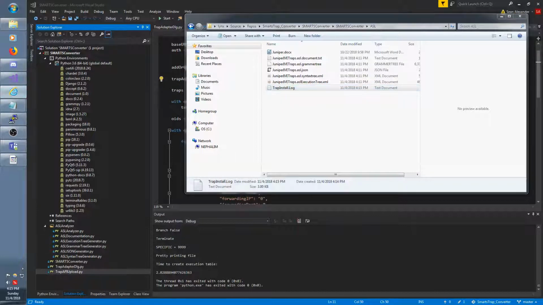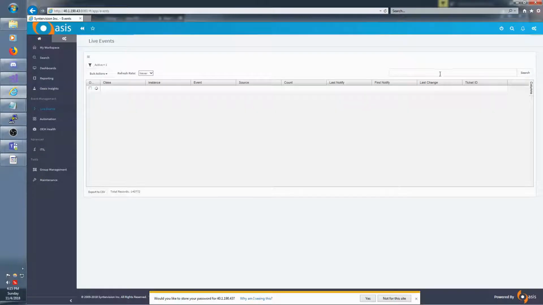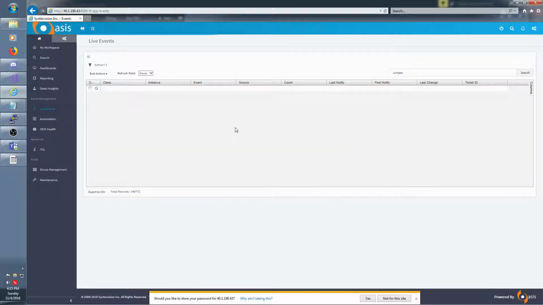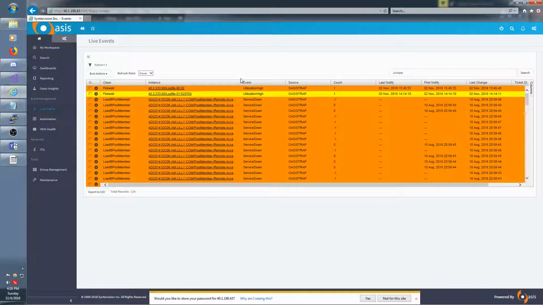So I actually have an instance of it up over here. You can check the live events and we can see the testing I've already done. So these are actually the tests I ran last Friday, but I'm going to go ahead and run another test. Now since these events have already been triggered and they haven't been cleared, I've got to select one that I